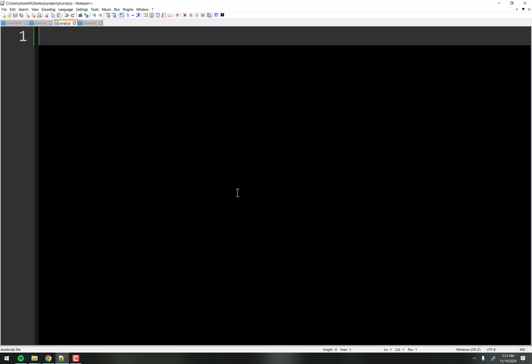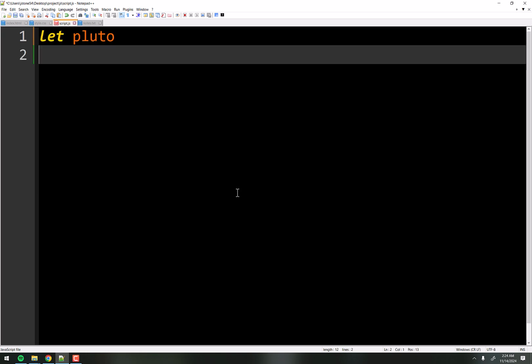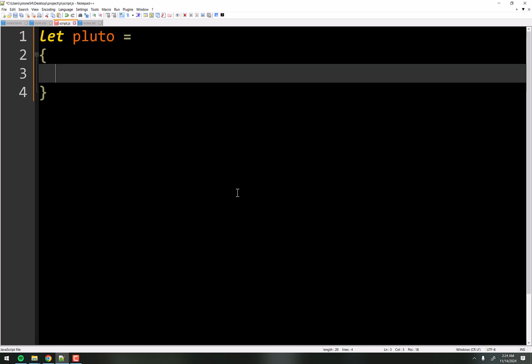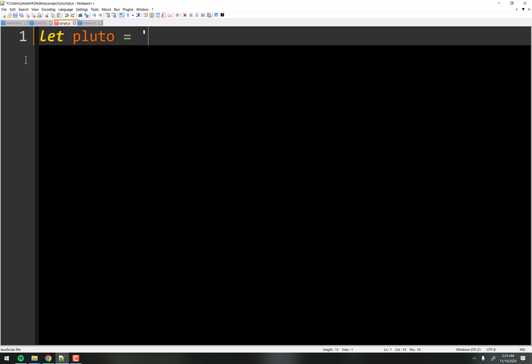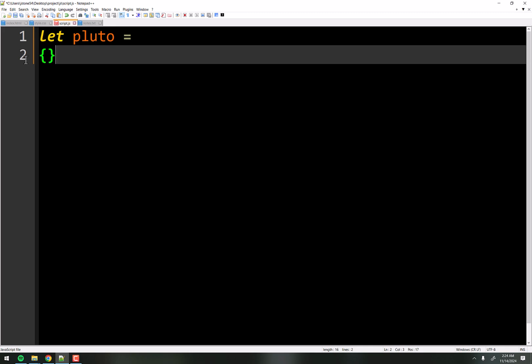We're going to model a dog, right? A dog is an object, and we're going to model specifically my dog. And my dog's name is Pluto, just like Mickey Mouse's dog, right? And so we're going to say, let Pluto equal, we're going to make it be a bunch of things, right? Normally when we do something like this, we don't put curly braces there. We say banana, or we say 5, right? We create some variable, give it a value. Well, in our case, the value is going to be a bunch of stuff.